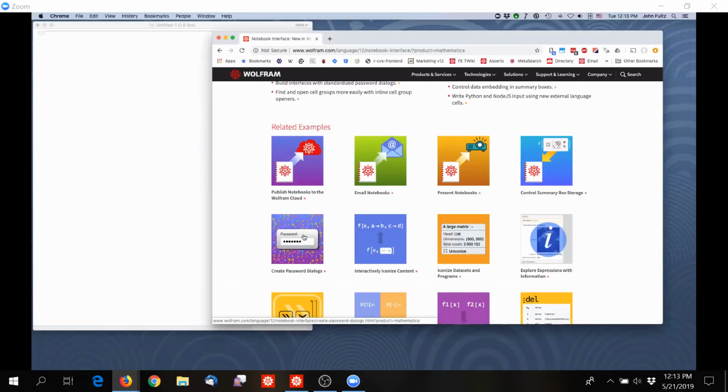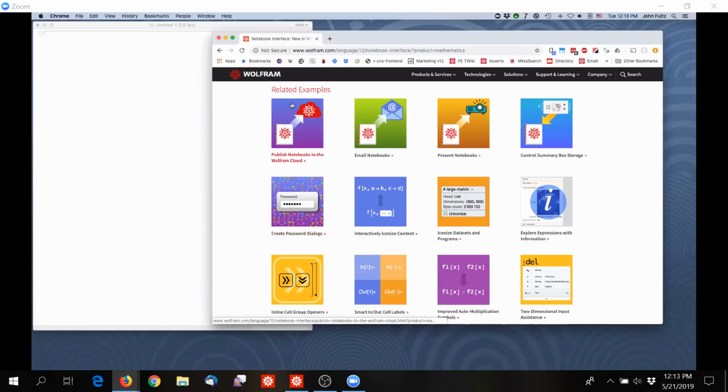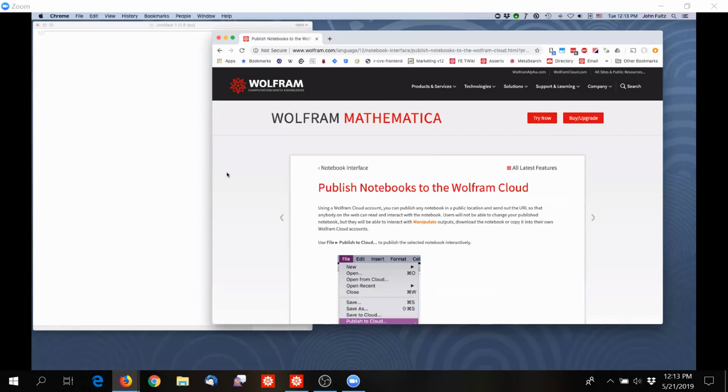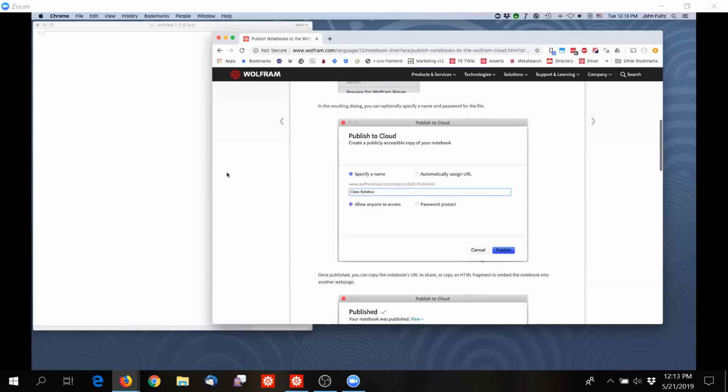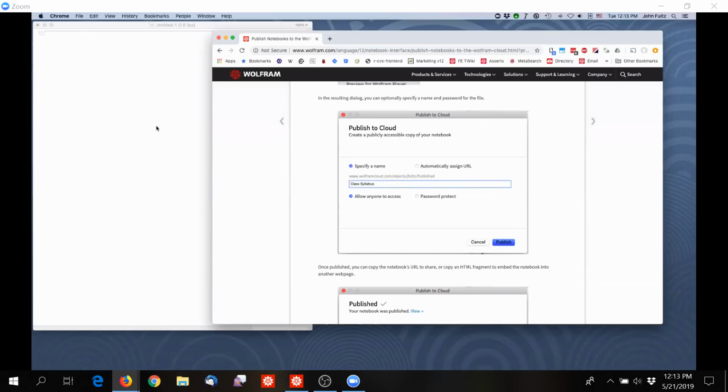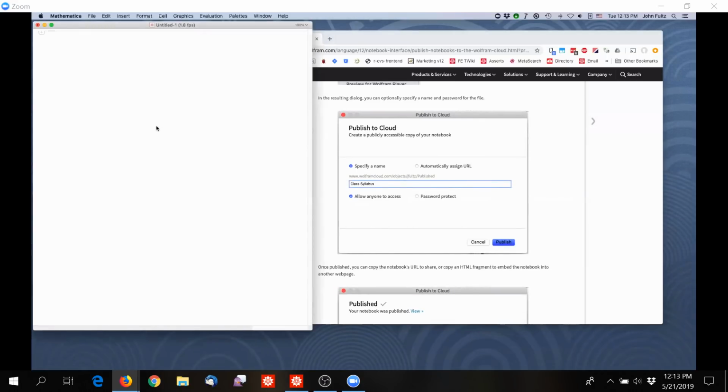Let's then walk into some of these other points. And I've spent a lot of time with my prologue, so I'm going to try to speed up a bit here. Publishing notebooks to the cloud. So basically, what this means is that I can take a notebook and